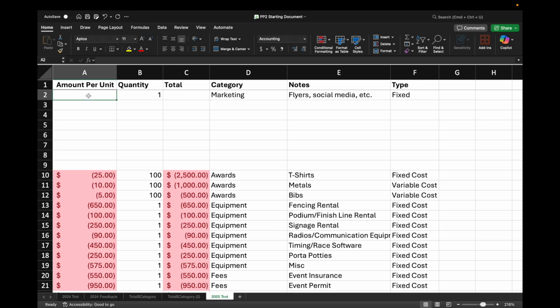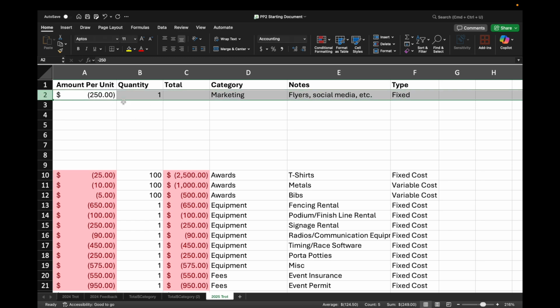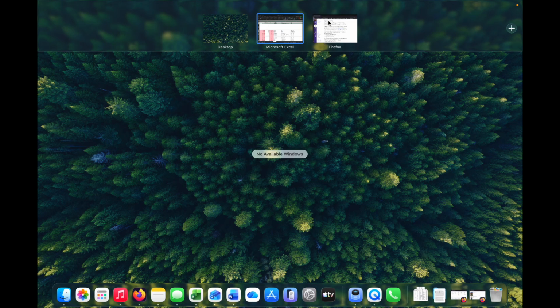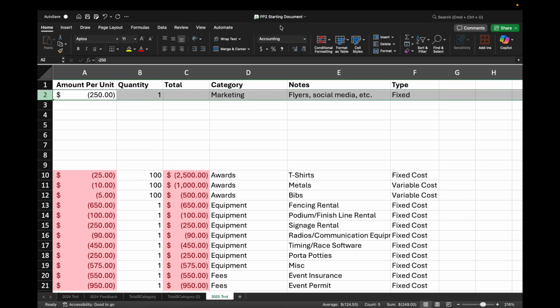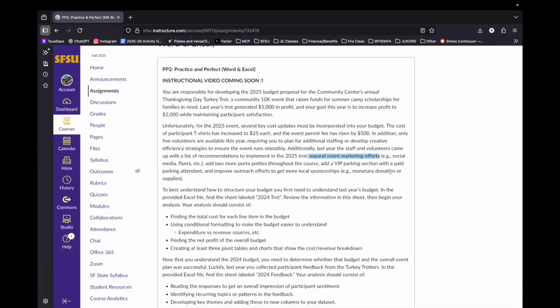And let's say that we're going to spend an extra $250 on marketing for the next year's trot, that is. So this number will be up to your research or your decision. I'm just showing you an example here, and we'll do that for each one of these things. Your budget does not have to end up exactly like mine, but it can if you're following step by step.